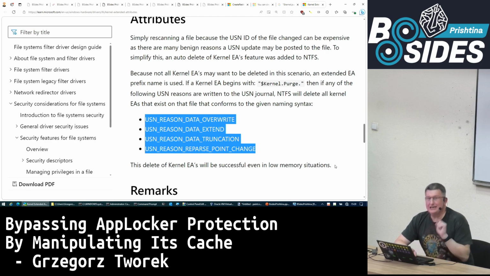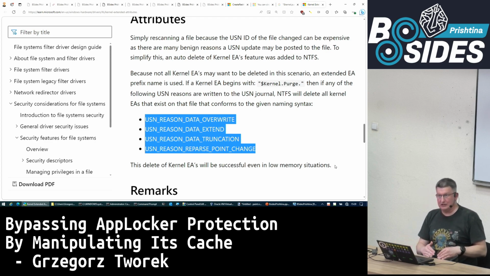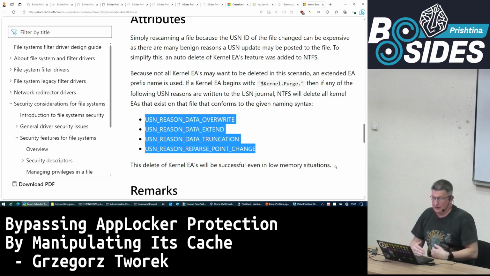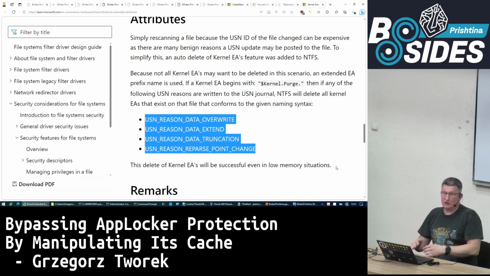So AppLocker relies on this hash, and if we are smart enough, digging deeply enough in the structure, we can manipulate the data without being noticed by the NTFS.sys driver, so the attribute is not automatically removed. If I edit this file the traditional way, of course, this extended attribute will disappear, and during the next run, AppLocker will recalculate the hash from the new file, maybe the same one, but it will recalculate it, and it will put it into the